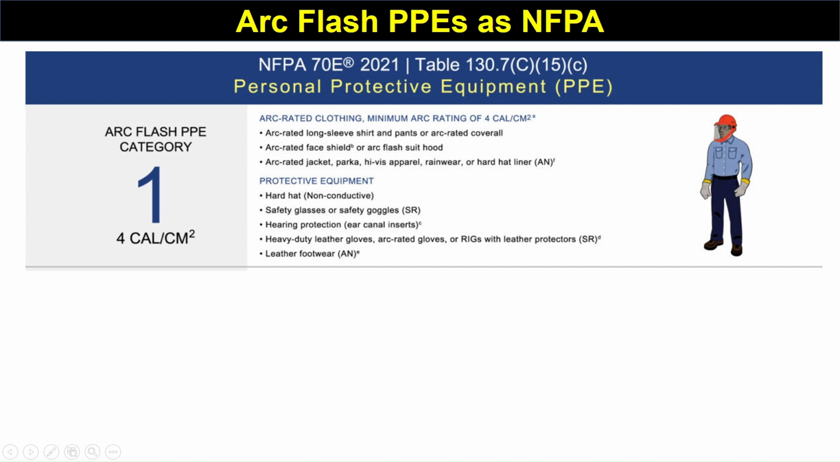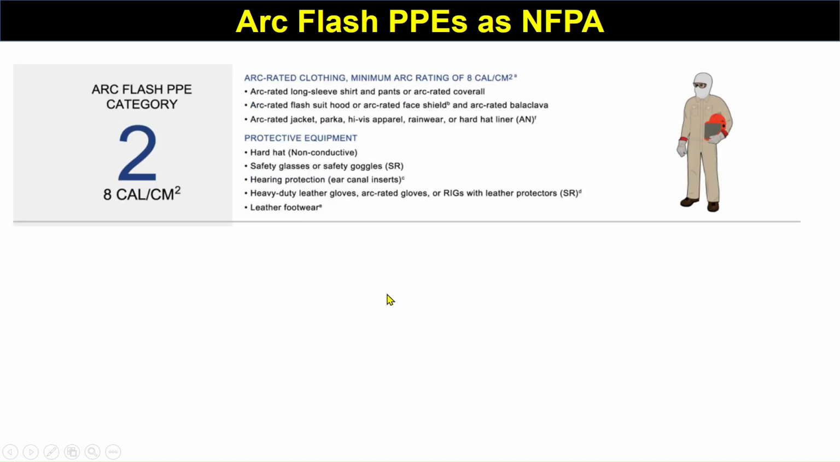Now we will discuss the PPEs. When the incident energy is 4 calories per centimeter square, the PPE used for a person should be a hard hat, safety glasses or safety goggles, hearing protection, heavy duty leather gloves, and leather footwear. When it is 8 calories per centimeter square, then the hard hat, safety glasses or safety shoes, hearing protection, heavy duty